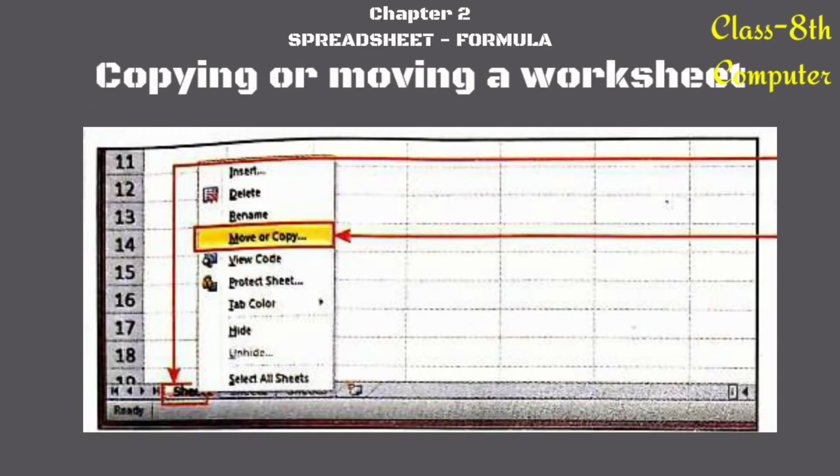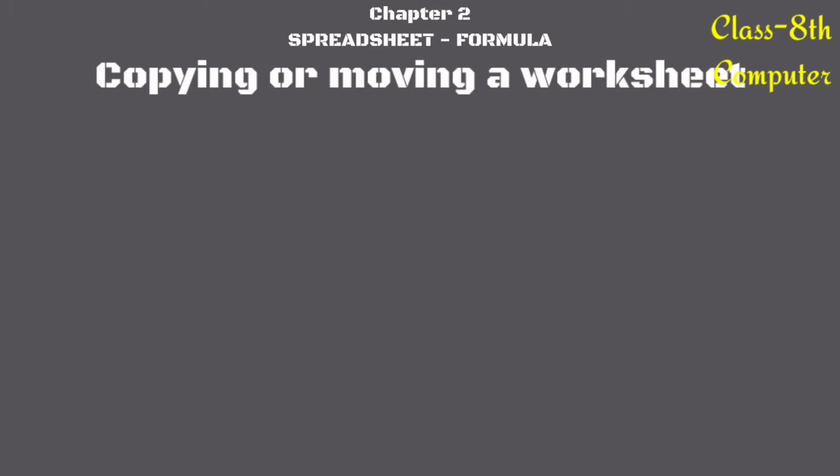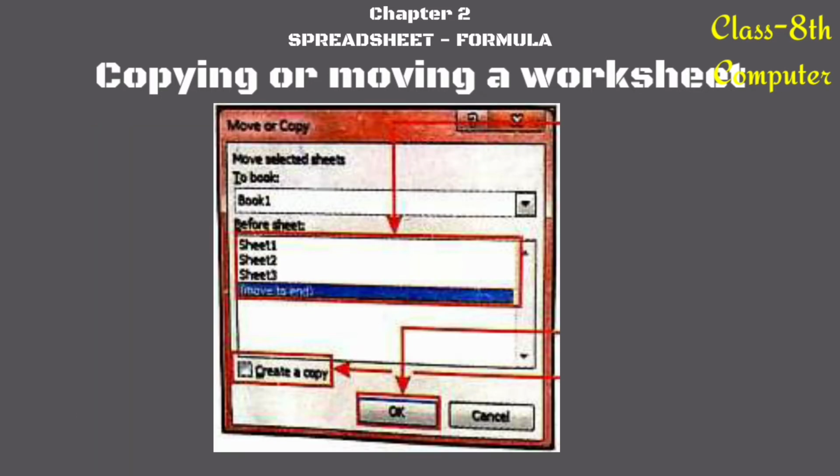Next we have copying or moving a worksheet. For that, right click on the sheet which you want to copy or move, click on the Move or Copy option, and then you will get this dialog box, Move or Copy. From here select Book 1, Book 2, where you want to copy this worksheet, and after that select the Sheet 1, 2, 3 or Move to End option,